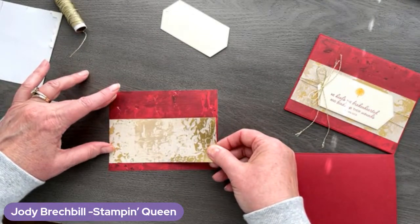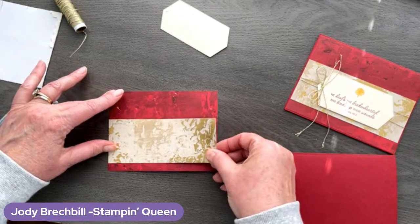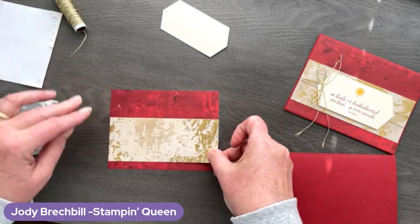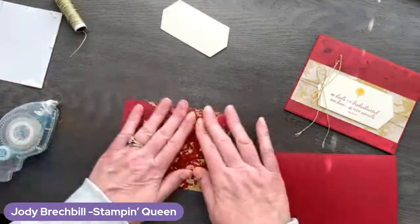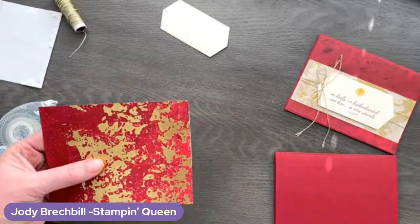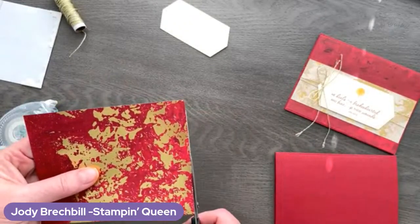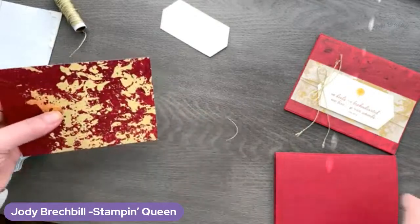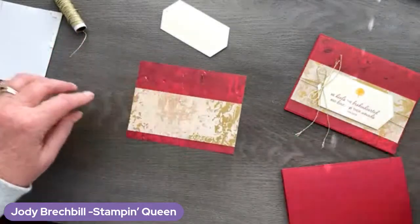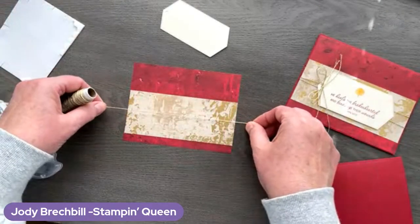And of course, in your tutorial, you will have all the dimensions. So you can recreate these super easy. You will need to trim your DSP. So you'll have those so you know exactly what size to cut your designer series paper. I try to put all that information in there for you. So now we're going to do another